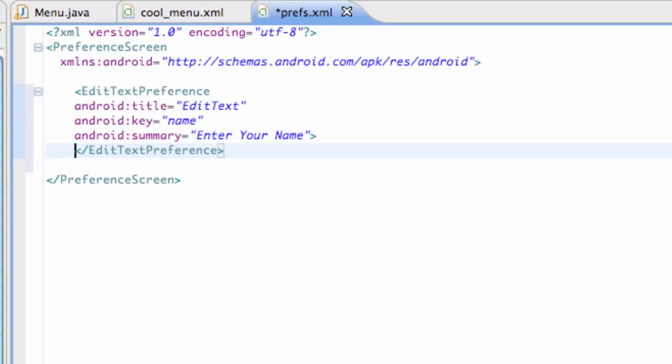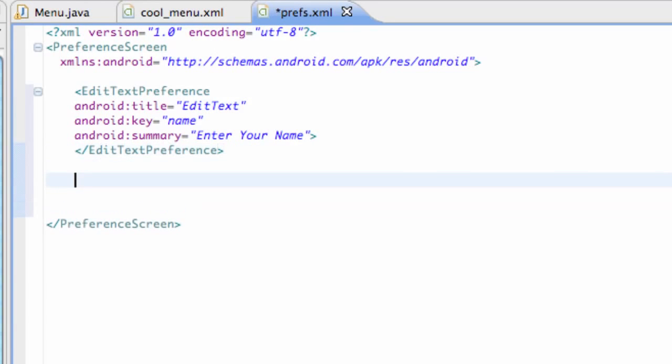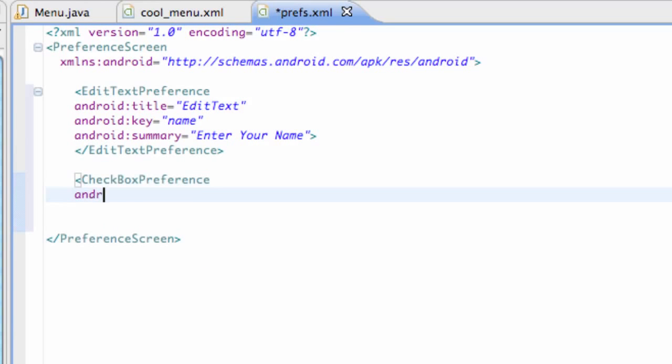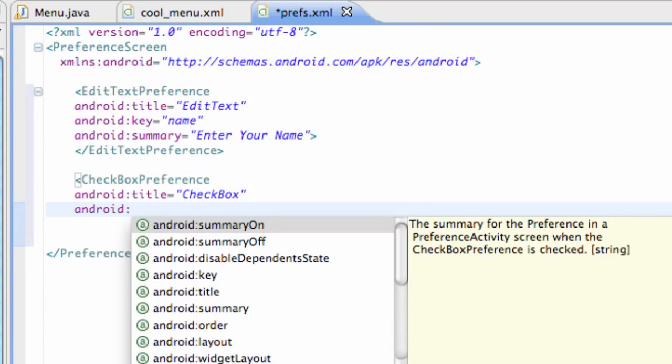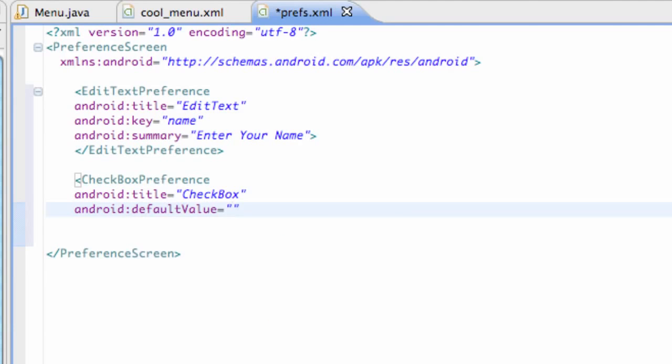Let's set up a new one. So let's go still within our preference overall thing, and then set up a checkbox. So checkbox preference, and we're going to say again Android title checkbox, and Android, we can set this checkbox to be checked when it starts or unchecked. So we're going to say default value, which is what it's going to start as, and we can either set this to true or false. So we're going to say true,